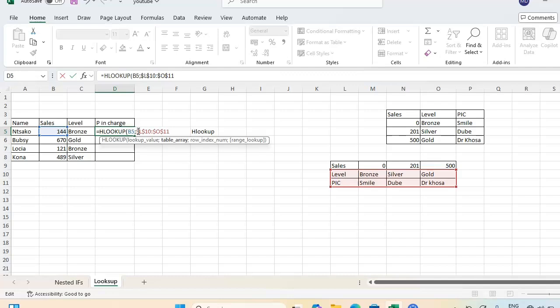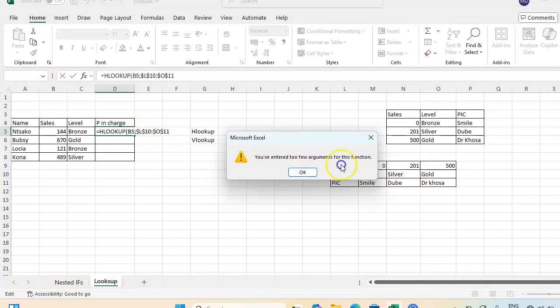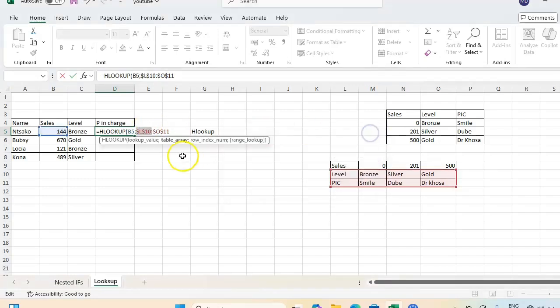Another dollar, right. And then we'll continue with our formula. We can see that it wants a semicolon. So a semicolon. Now you see it changed from column to row because rows are horizontal, okay, from